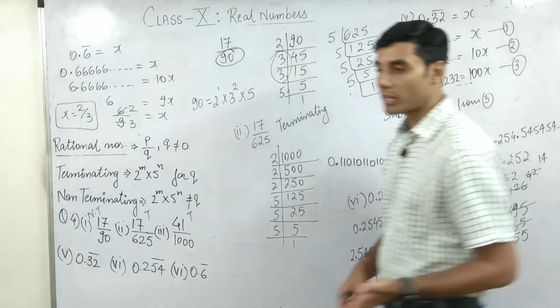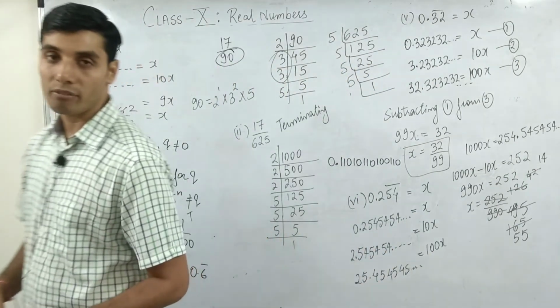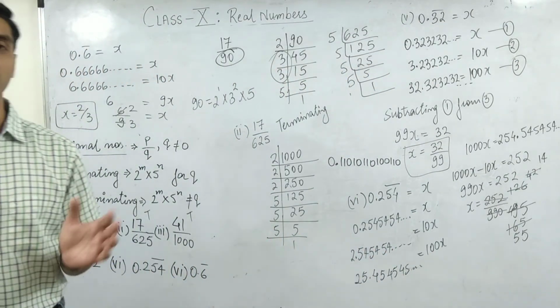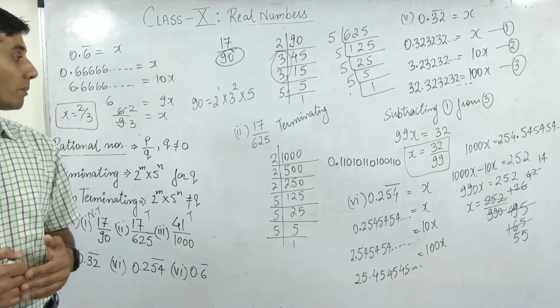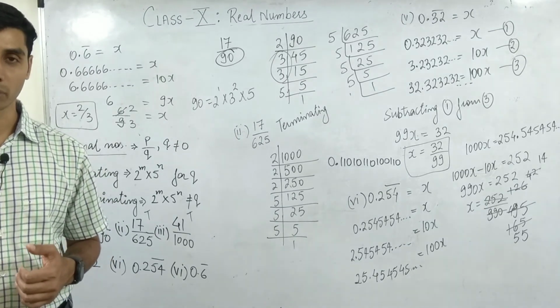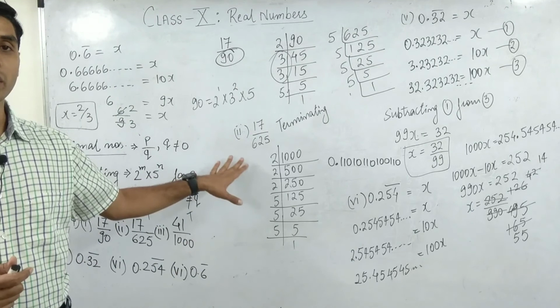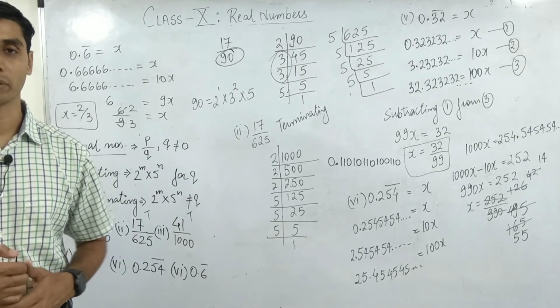So now tomorrow what we are going to do is we are going to solve around 5 questions based on proof that it is irrational or rational. So जब भी कभी आपको किसी को टर्मिनेटिंग बनाना हो तो ध्यान रखना कि डिनोमिनेटर में केवल 2 और 5 के फैक्टर्स लाने होते हैं.